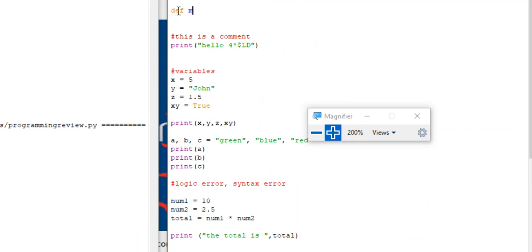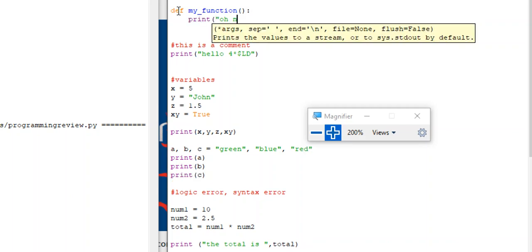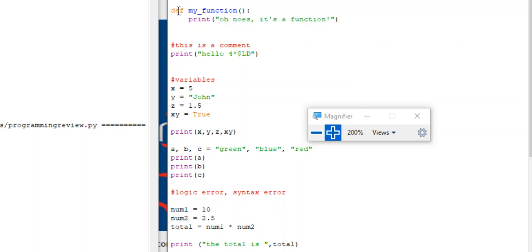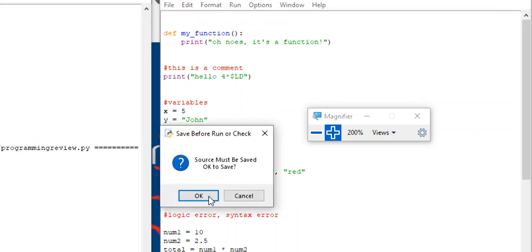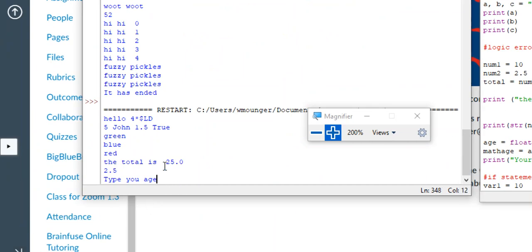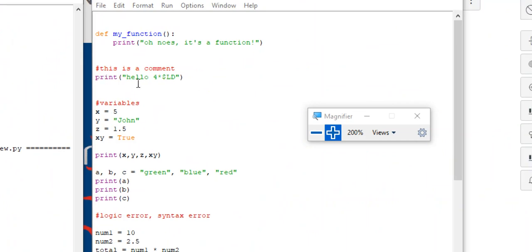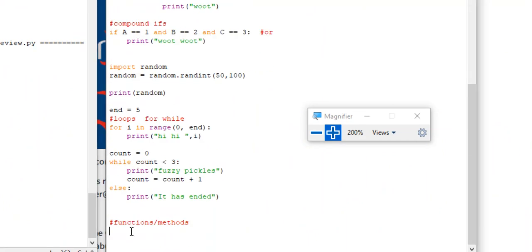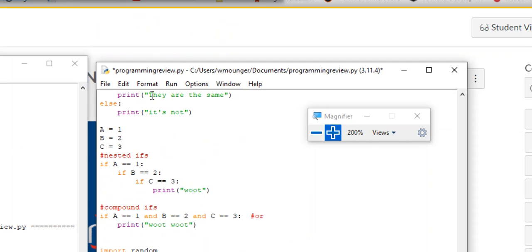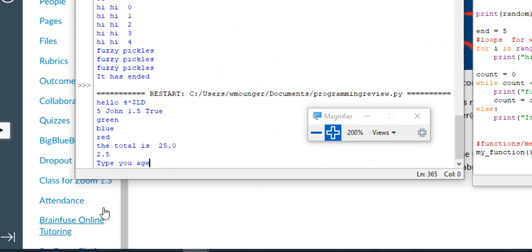It starts off with def. Let's just go with that. Print, oh no, it's a function. Now, if I run this code, that's not going to actually run. You'll see nowhere does it say, oh no, it's a function. But if I come down to my very bottom and I say my function, if I spell that right,